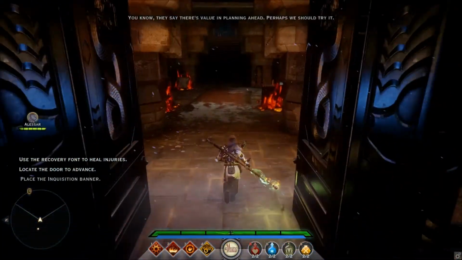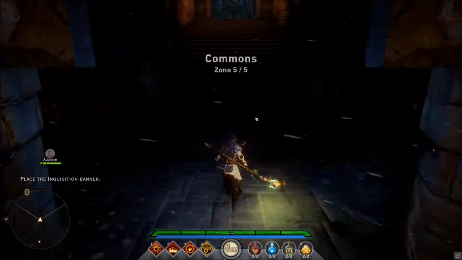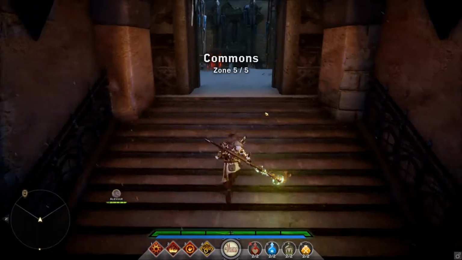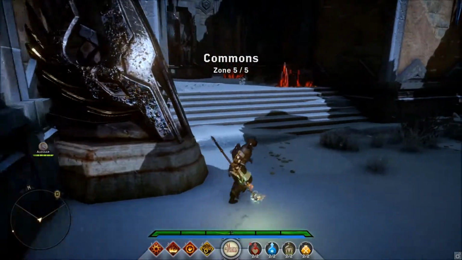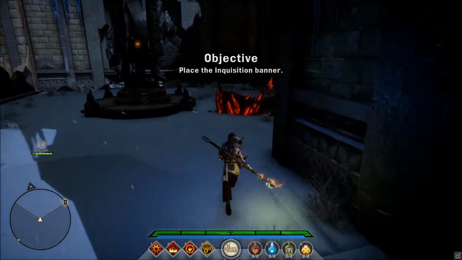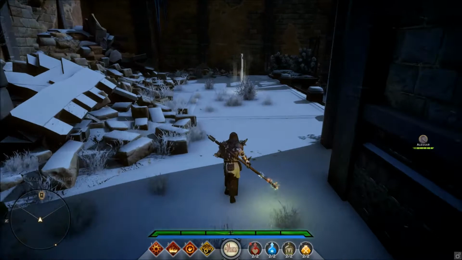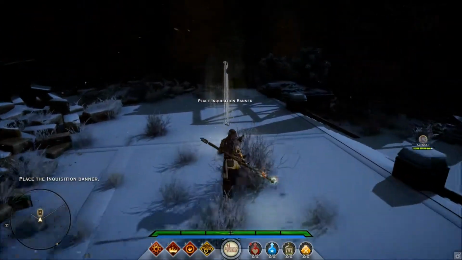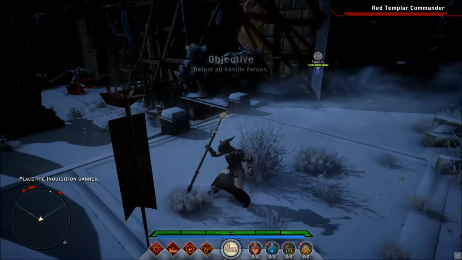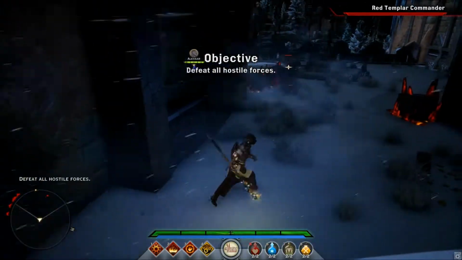You know, they say there's value in planning ahead. Perhaps we should try it. I mean, it's quite easy with the Elementalist. He's very powerful, in my opinion, maybe even top 3 of the most powerful classes in the game. So I definitely would recommend picking him up. He is quite cheap as well. So